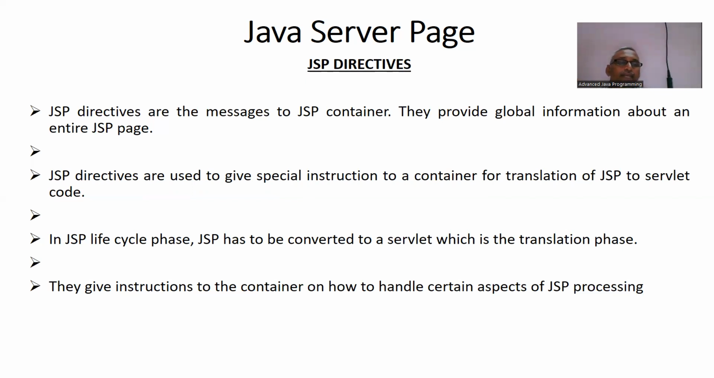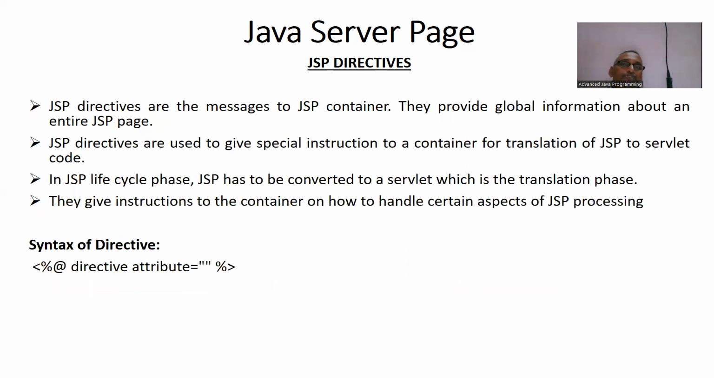Directives can have many attributes, comma separated as key value pairs. This is a very important key value pair. In JSP, directives are described in less than percent at percent close the tag. Syntax of directives: less than symbol, percent, at, directive name, attributes equal to, mention the attributes in double quotes, close the tag. Next, types of directives: page directives,